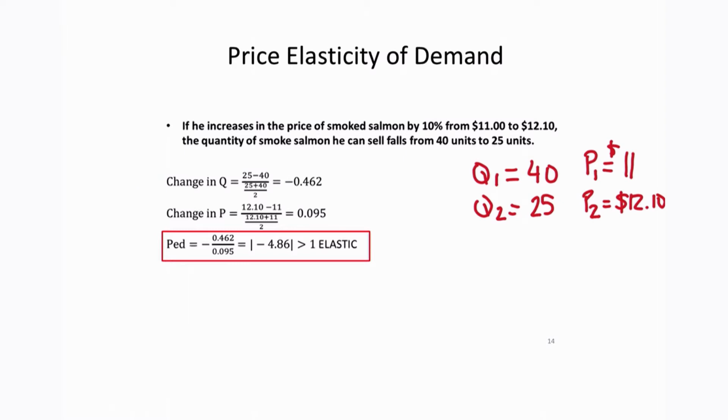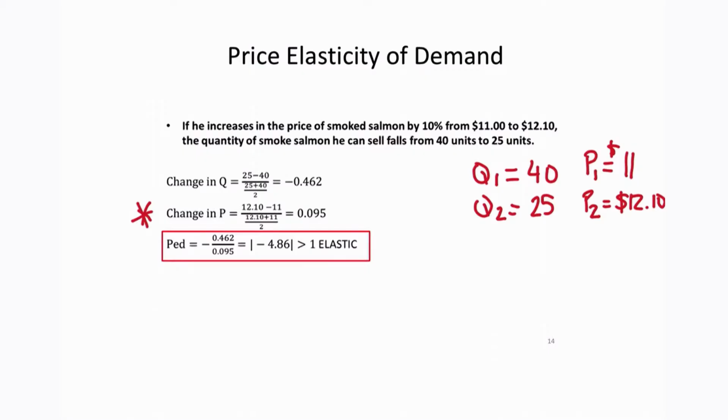Now, the change in the price. $12.10 minus $11 divided by $12.10 plus $11 divided by 2 gives us 0.095. So we take our change in quantity divided by our change in the price, and that gives us a price elasticity of demand of negative